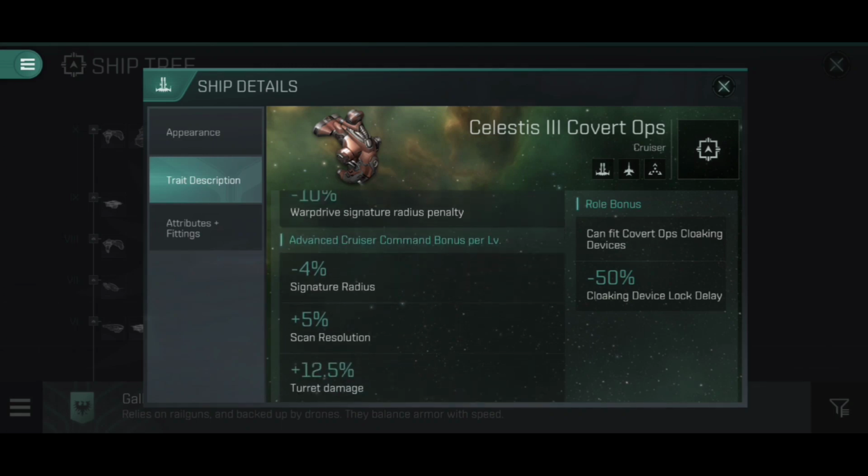What makes the Celestis III Covert Ops particularly nice though is advanced cruiser command. First of all, this gives us a 5% increase to scan resolution and 25% on the bad scan res that we had before, brings it quite comfortably into slightly above average, which is pretty good. I like that. I like anything that's above average. Signature radius -4%, obviously that's a 20% reduction at full training there. Does bring the Celestis III Covert Ops' signature radius all the way down to on the smaller end of destroyers,